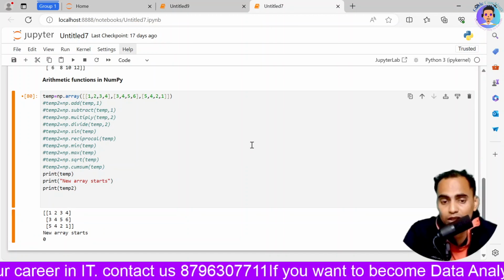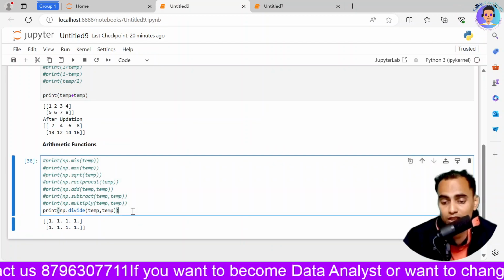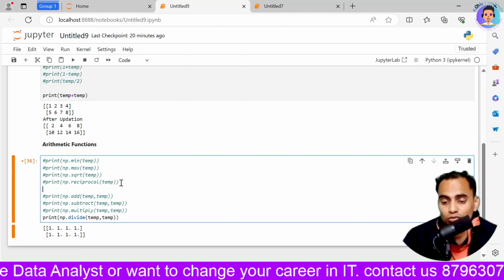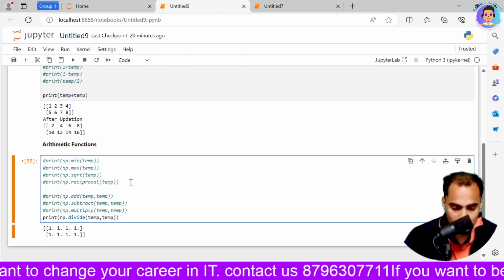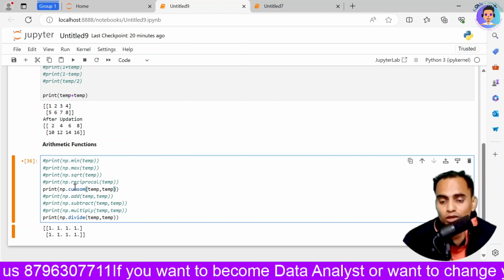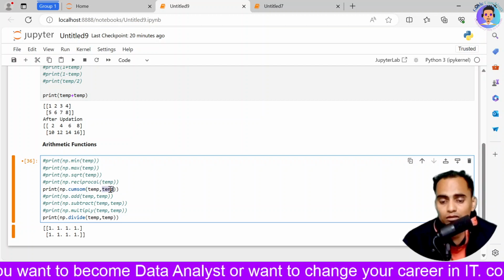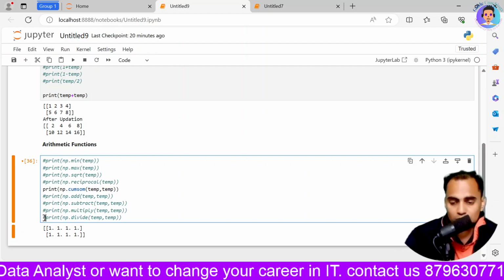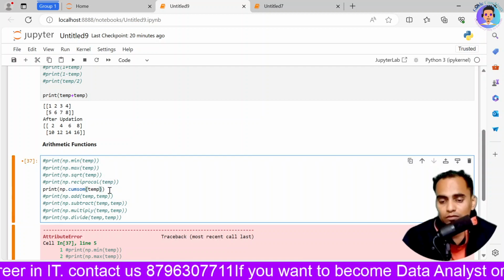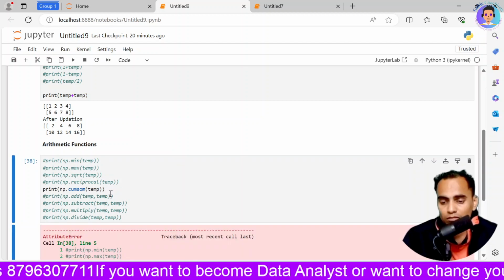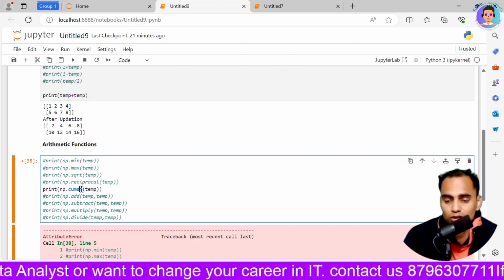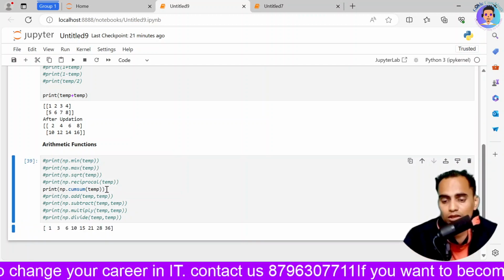One more option which we have is cum sum, the cumulative sum. If we want to get the sum of something, we will write it like this, and put cumsum, cumulative sum. Then we'll put it like this and execute it. Yeah, here is the value. So this is my cumulative sum. Sorry, it is not SO, it is SUM.